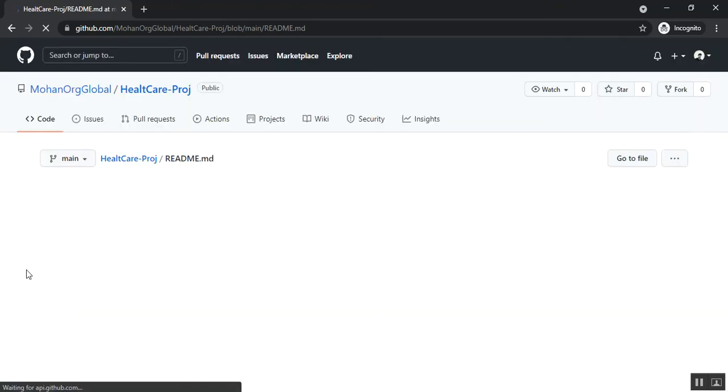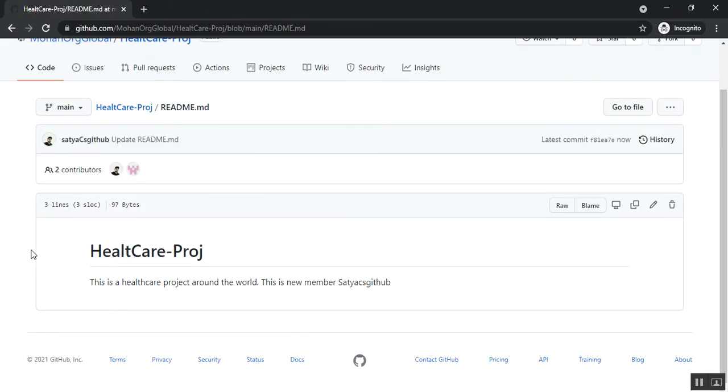or so you can see that the readme.md file is updated with new content added by the new user, that is Satya's GitHub. That means write permission works for new users, right? Before that it was only, this is the healthcare project around the world. So this line, this is the new member Satya's GitHub, has been added by the new user member. Alright, that means the write permission works for the new user given earlier by the owner of this project or the repository, that is the Mohan's GitHub. Alright, so if the read permission has been given to this repo, then this new user cannot modify the content of